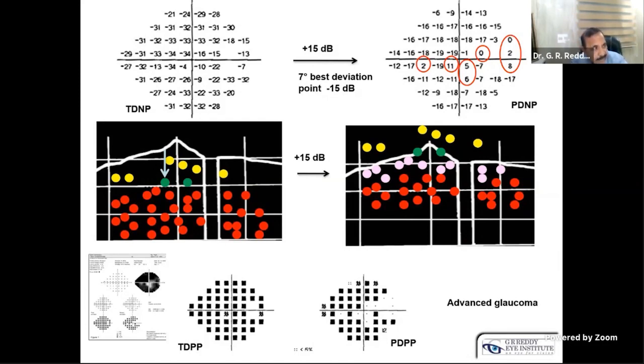That means the nerve fiber bundle defect is going towards the periphery. Once you suspect the nerve fiber bundle defect is coming from the periphery, that means it's beyond 30, almost beyond the 20 degrees circle. When you suspect glaucoma starting beyond the 30 degrees circle, then you should ask for